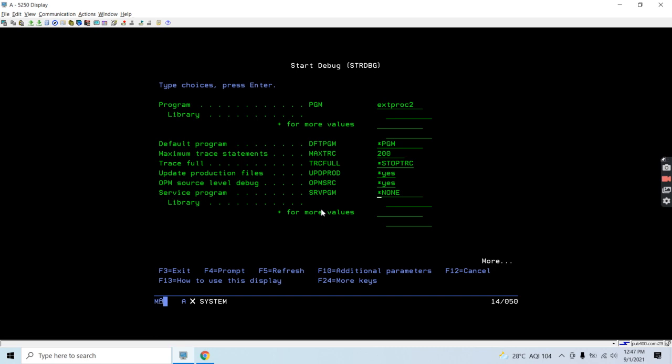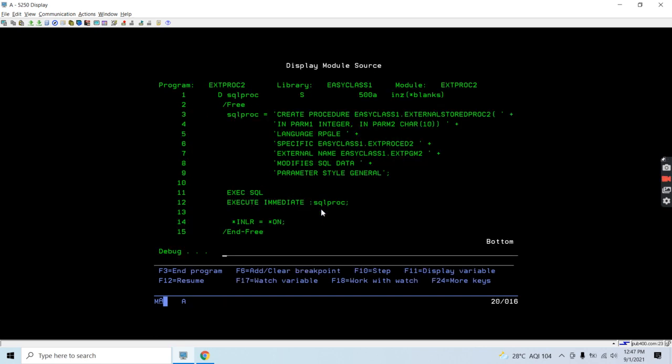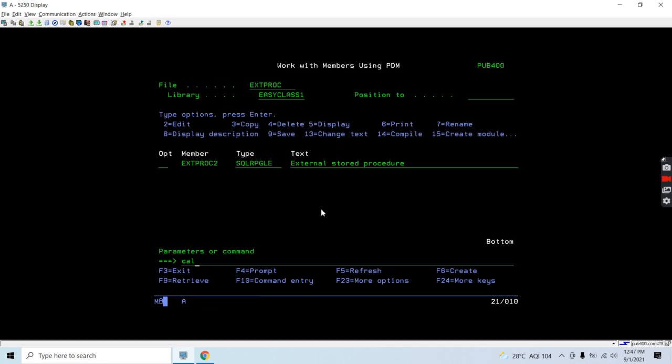Just wait so that we can debug this. Okay, let's set the breakpoint at line number 1, then call this program extproc2.